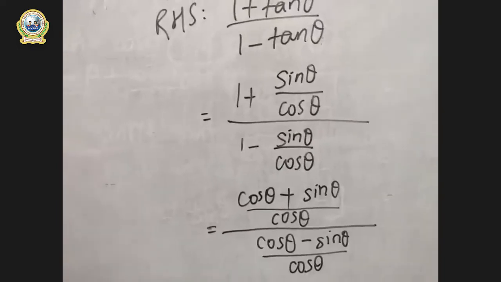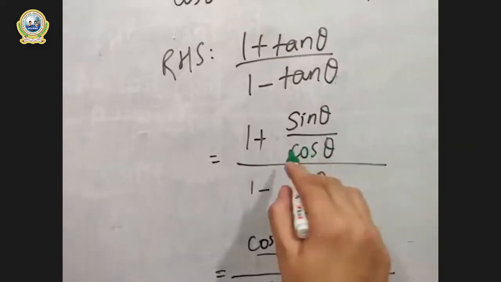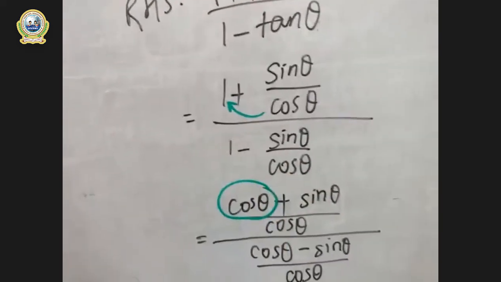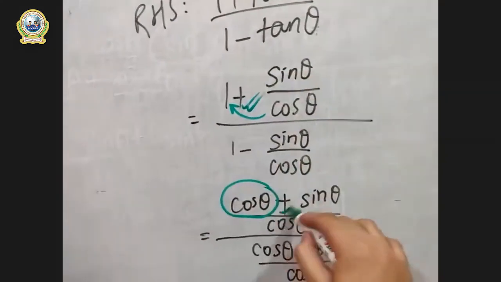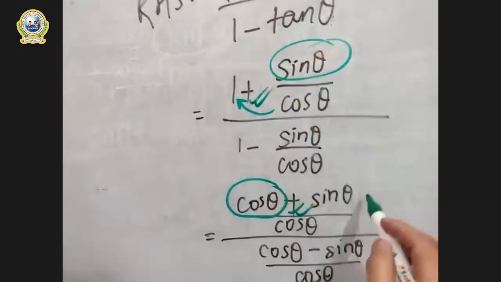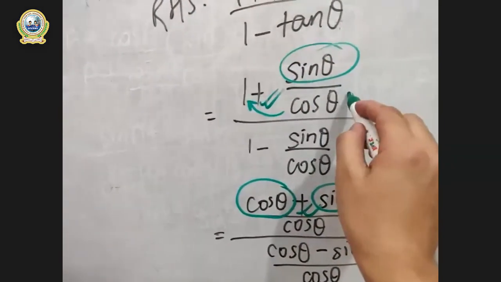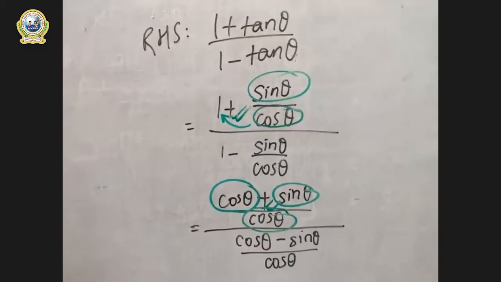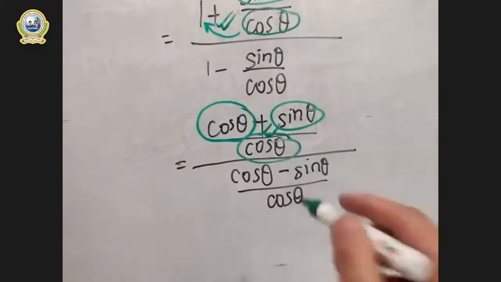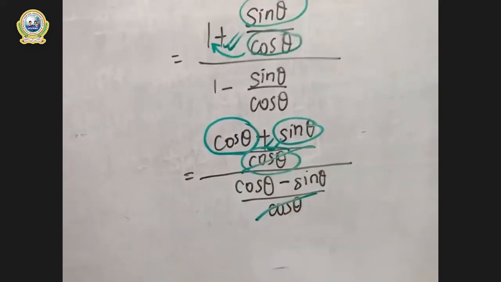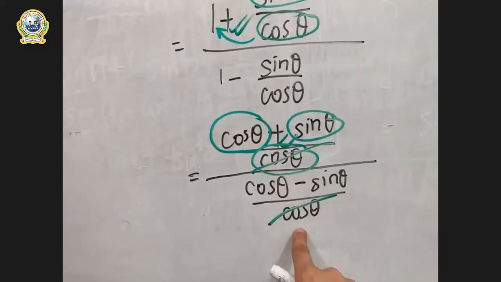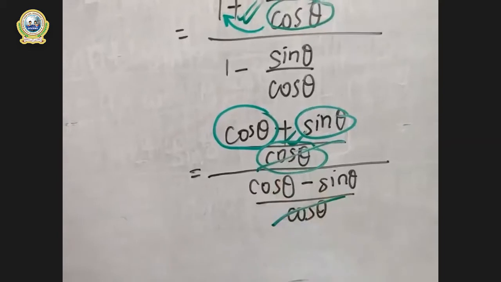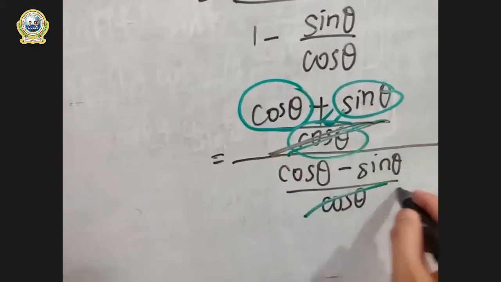If you are not getting this one, let me clarify. I have done cos 1 is a cos, right? And this came from this multiplication, and the middle plus sign is as it is, right? And this sine theta is here, and the cos theta of the denominator is written over here. So this is called cross multiplication. Are you clear? Now it is clearly seen that these two can be cancelled, right? Cos theta of this and this, these two can be cancelled very easily, right? Because these both are denominator parts, and this will be cancelled. So cancel these two.